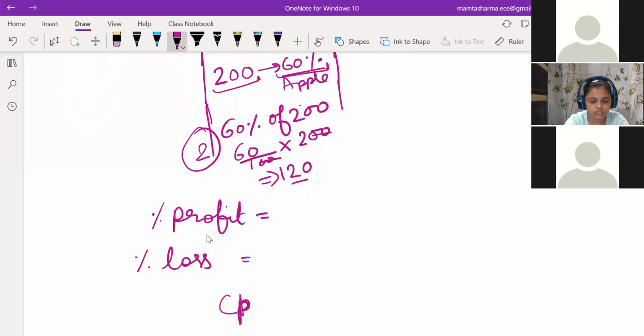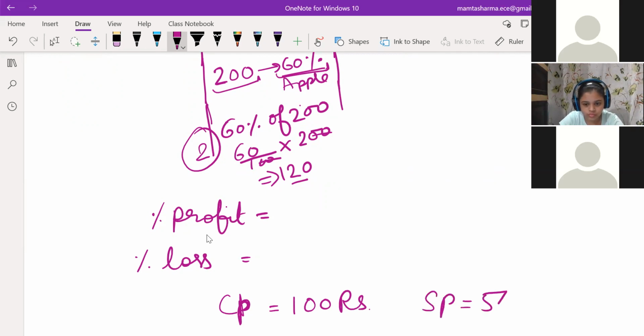If you buy a calculator, and its cost is 100 rupees, now if that is not in working condition and you want to sell it, and you are selling it in 50 rupees,